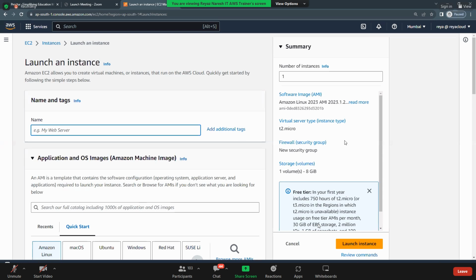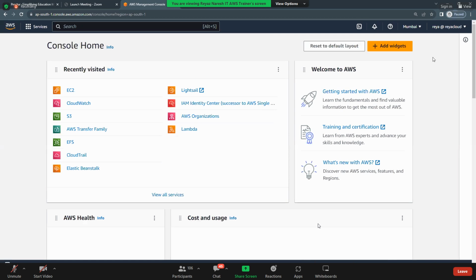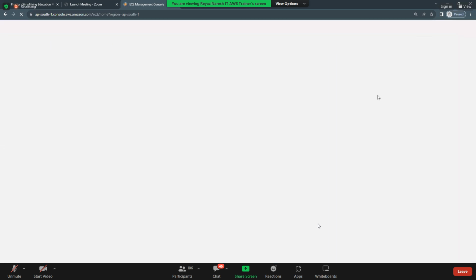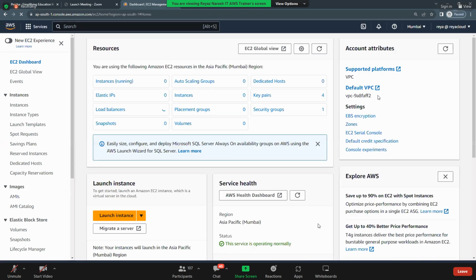but it is showing global for me. Varma, when you go here, I don't know where it is showing global for you, but it should select Mumbai, right? When you go to EC2, it cannot be global for sure. Yes or no? It cannot be global. Initially, it was Ohio, no problem.